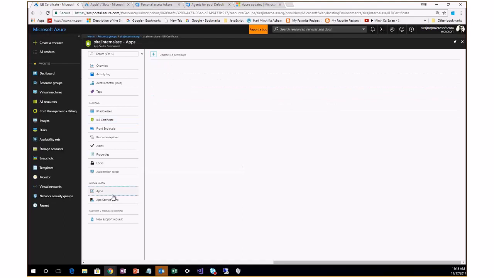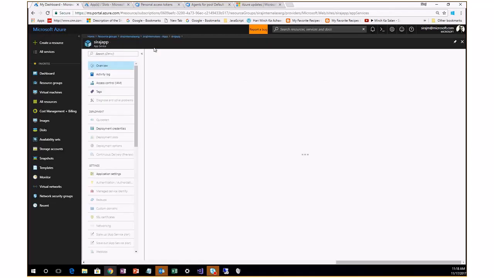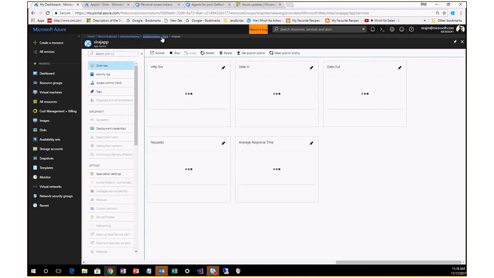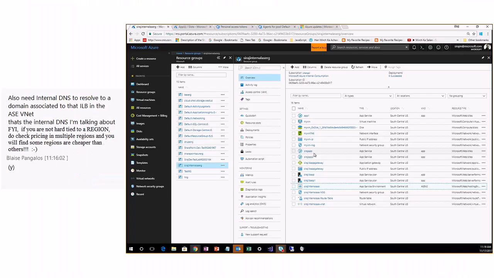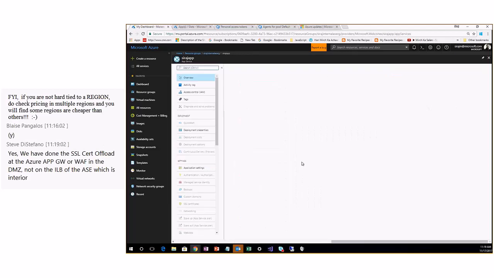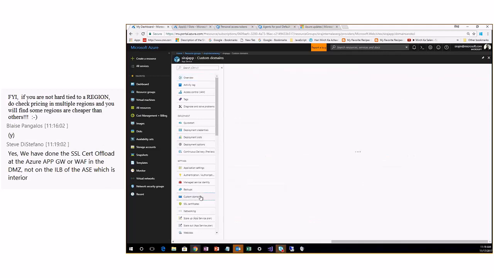Now, let me go here on the apps. Here you can see I have already set up these 3 apps, in two different app service plans, and both these app service plans are in the same app service environment. So this is perfect. Now let me go back to my apps. If I go to my app, which I created in this app service plan, one thing I can see here is my app has a custom domain setting. So if I go to my custom domain,